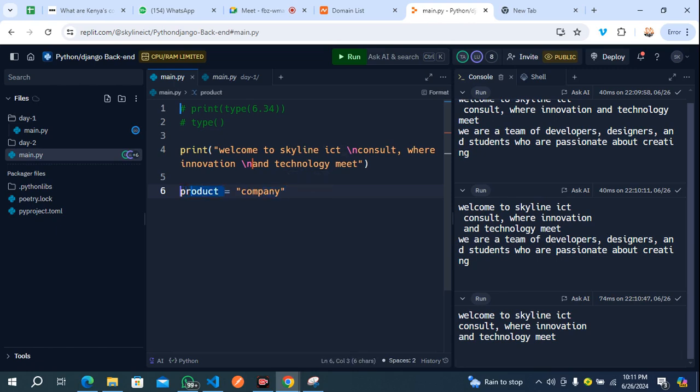So this is a variable, a container, and that container contains a value. This variable can contain a number, there I can say amount. It can contain a string, it can contain any type of object at all.